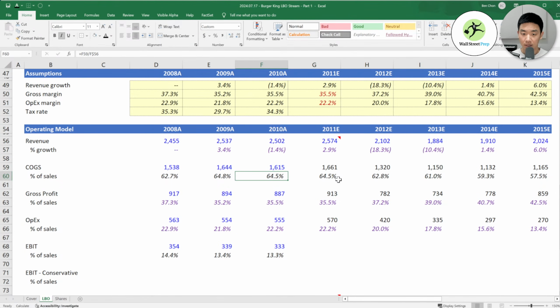And then you can see here, okay, so it's important to always, after you build out your projections, look at the trend. So it's around 62.7, 64.5, and this goes down to 57.5% for COGS. And you want that to be decreasing over time. It means you're becoming more efficient. Gross profit, you want to see it increasing over time. So, okay, we're assuming it grows up to 42.5% when it was historically around 35 to 37%. OpEx, you're seeing it decrease to 13.4%, which is really aggressive. And I'm going to explain soon why I decided to make two cases as I was prepping this model.